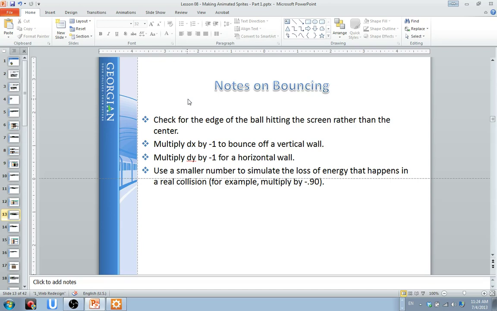Multiply dx by minus 1 to bounce off a vertical wall or a horizontal wall, right? Use a smaller number to simulate the loss of energy that happens in a real collision. For example, multiply by minus 0.9, right? So you can actually lose energy. Now, if I was to do that